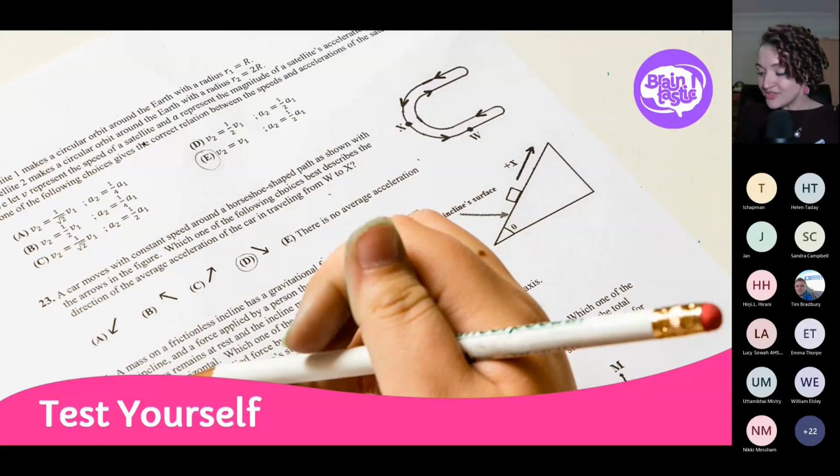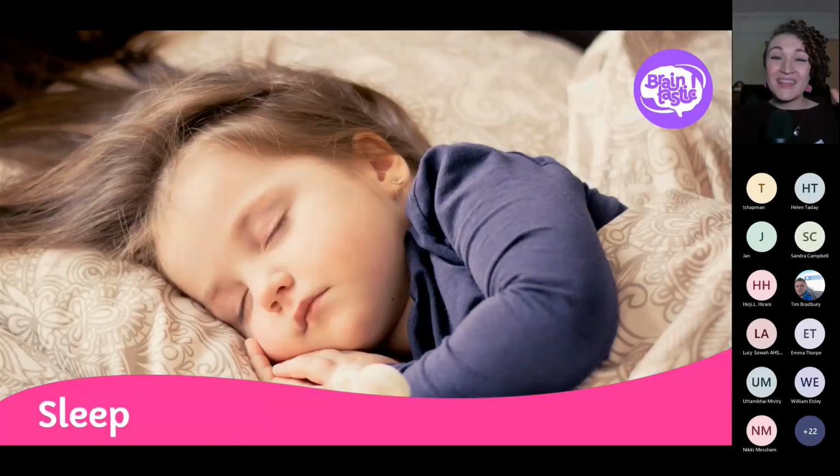But really, the most important thing that your students can do to help themselves with learning and memory is getting enough sleep. And that's often really not easy, particularly for teenagers. But we know that you can't learn well if you're sleep deprived. Your brain isn't in the right state to form those connections, and your attention and focus really suffer. We also know that sleeping after you've learnt something is really important to make sure that information stays in the brain. So Ebbinghaus, who I mentioned earlier, noticed this back in the 1800s,